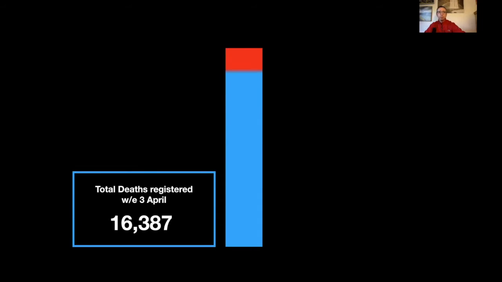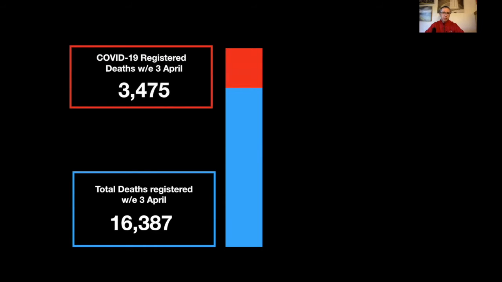Now, in the same ONS statistics, for the same week, there were 3,475 registered COVID-19 deaths. Now, what that means specifically is that on the death registration paperwork, 3,475 of the 16,387, so therefore about a fifth or thereabouts of the total deaths had COVID-19 on the death registration documentation. And that's, as I say, a more accurate figure than the figures we're getting from the